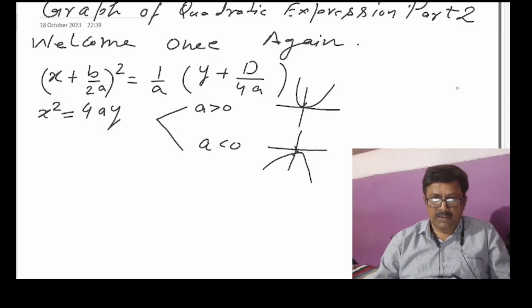Every parabola does not possess its vertex at the origin. In this parabola, the vertex is not the origin. We have studied the vertex is minus b upon 2a, minus d upon 4a. But if this a is positive, then this parabola will open upward, and if a is negative, then the parabola will open downward. So concept number 1,